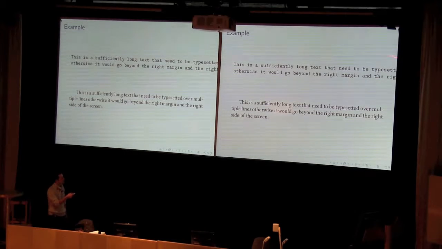So where you break the line is not important. Here we have a line break at "otherwise", and you see "otherwise" is here, and there is no line break here. Okay, so we have the paragraph that is composed linearly, and you can even see that LaTeX produces